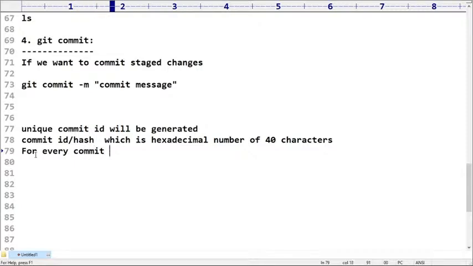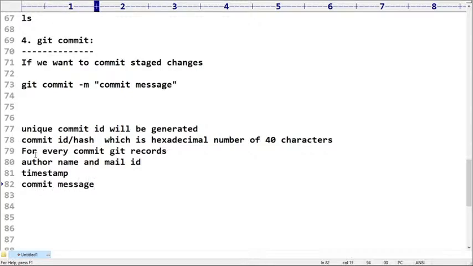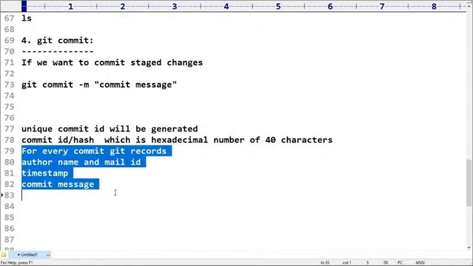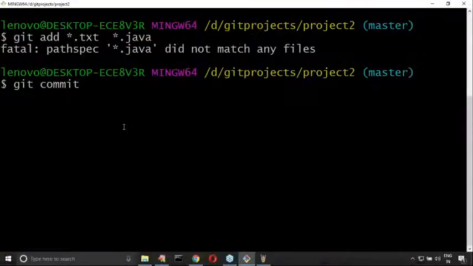git records multiple things, right? Sir, who is the author name and mail ID. Next, the timestamp. For every commit it is going to maintain a timestamp and a commit message. Everything is going to be tracked, everything is going to be recorded by git, sir. Where is the proof for that? git commit -m, sir, new files